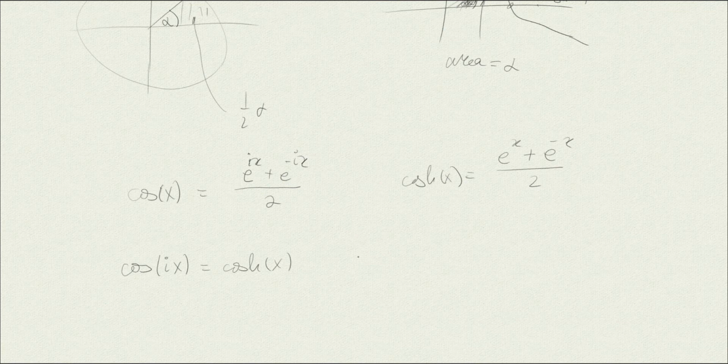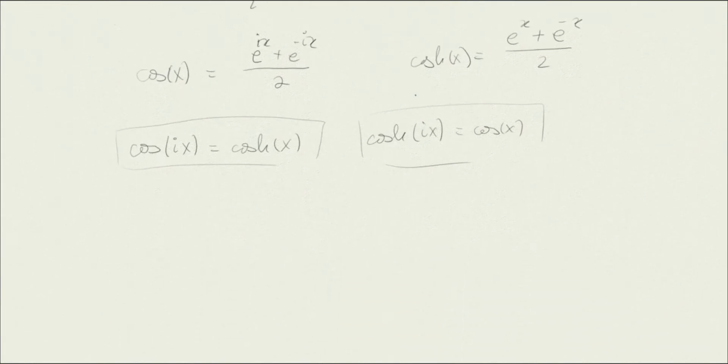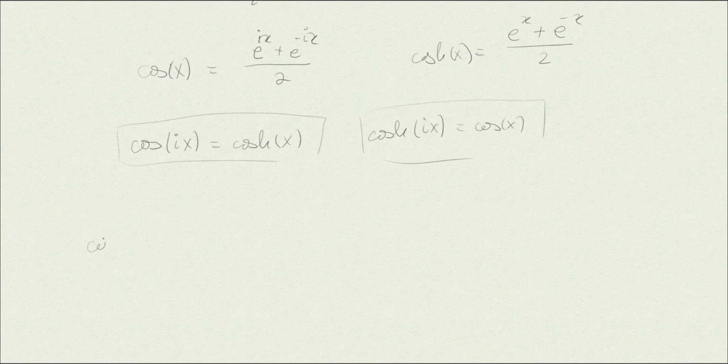And similarly, the cosine hyperbolic of ix is the cosine of x. Isn't it beautiful? Don't you find it beautiful? But actually, the cosine is even and the cosine hyperbolic is even. And if we look at the Taylor series for the cosine, actually we can define it